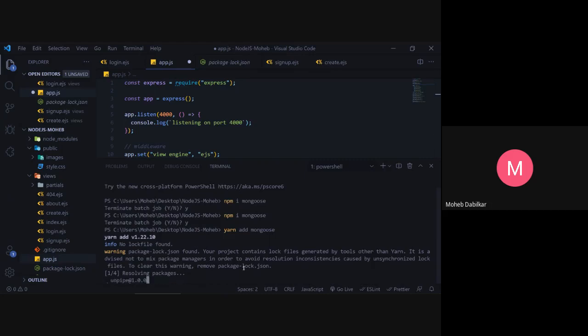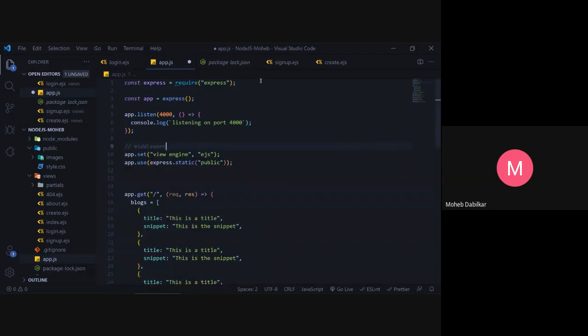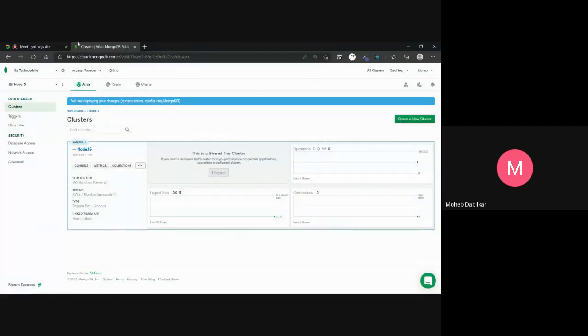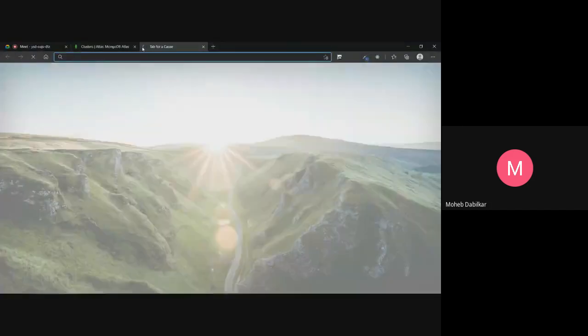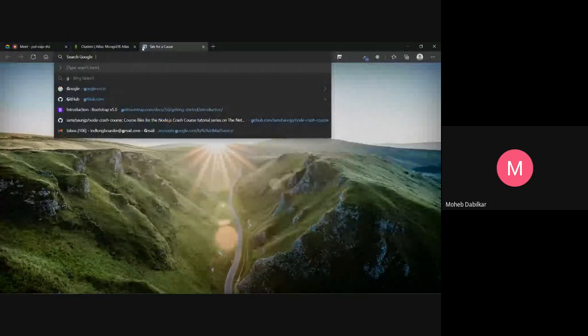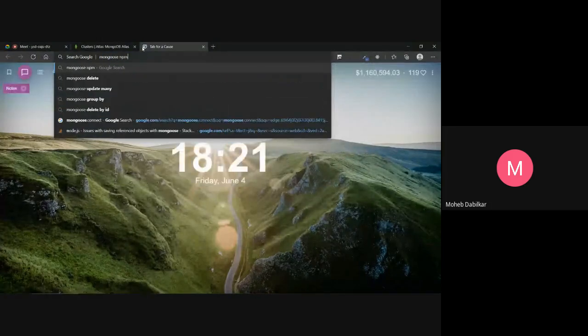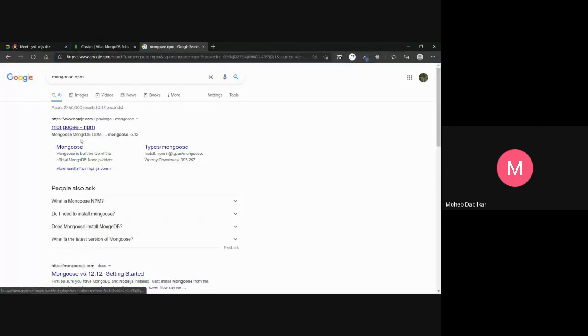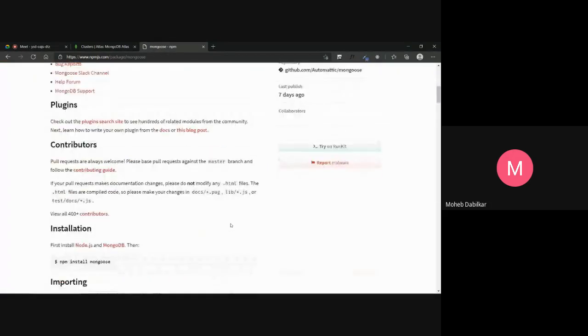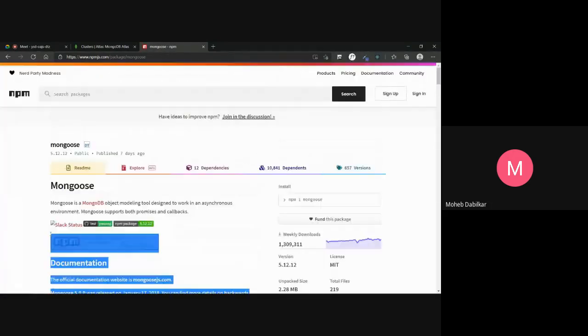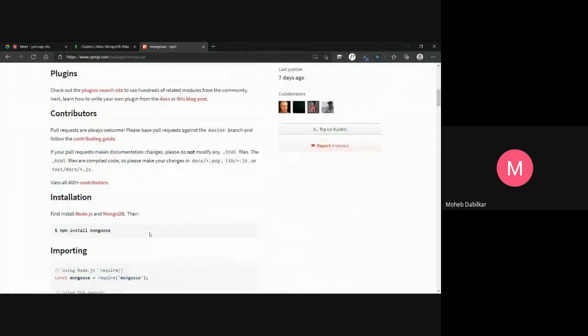Currently it's installing everything. Once that is installed, let's press Control J. So how do we work with Mongoose? If you go to Mongoose on npm, it should give you the initial steps. It says const mongoose equals require mongoose.